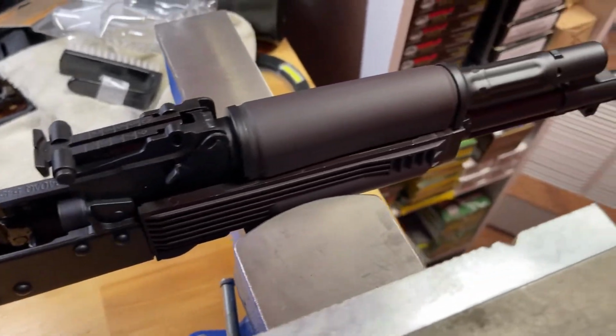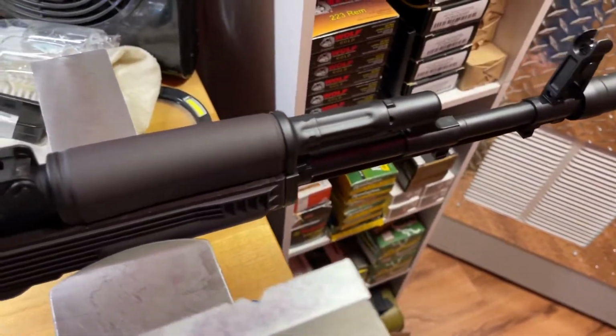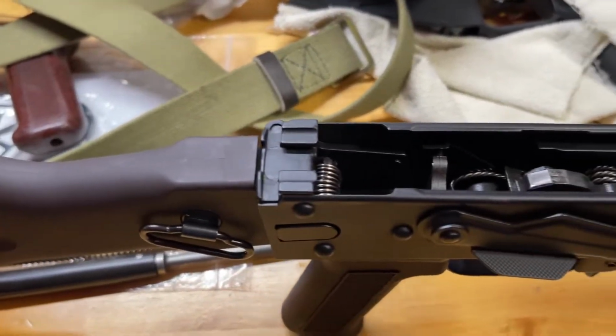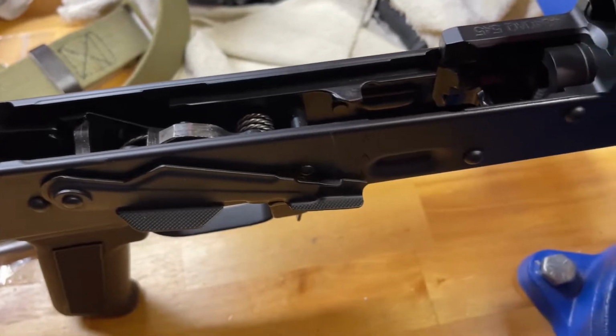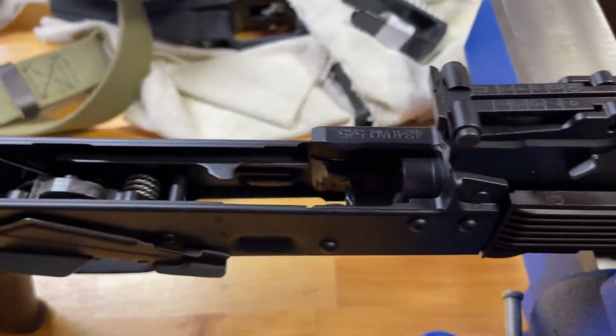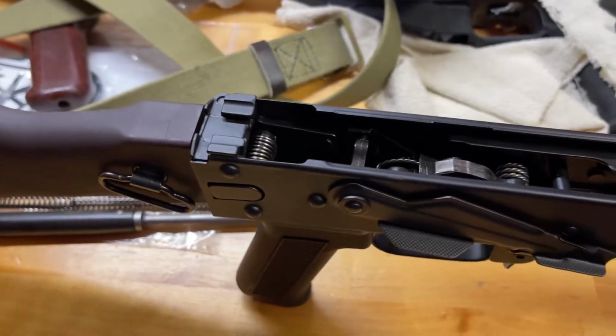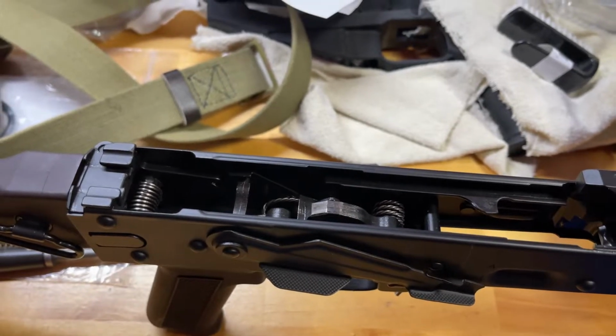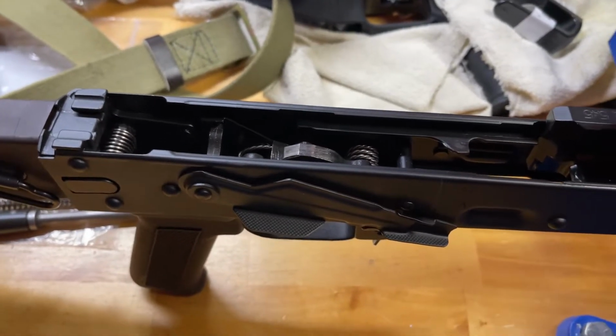So, the Palmetto State Armory AK-74 is finally back in from being repaired by Palmetto State Armory. I sent this gun off to them on June 4th, and it was delivered to me Tuesday, July 20th. They worked on it for about 25 business days, which is about 10 days over what they generally say is